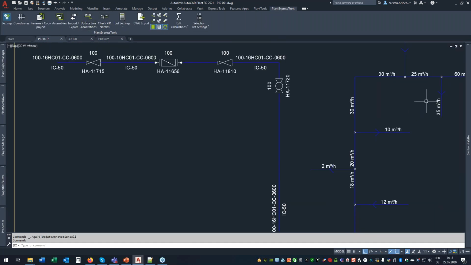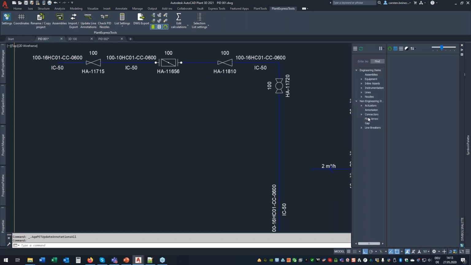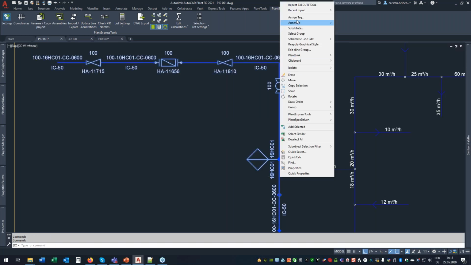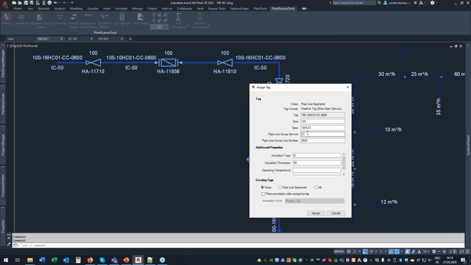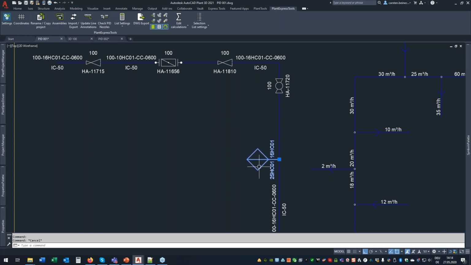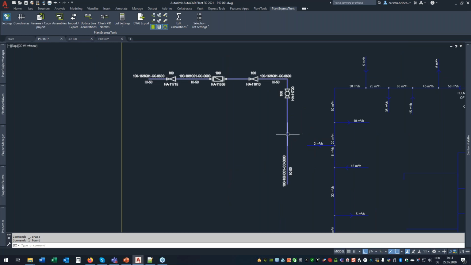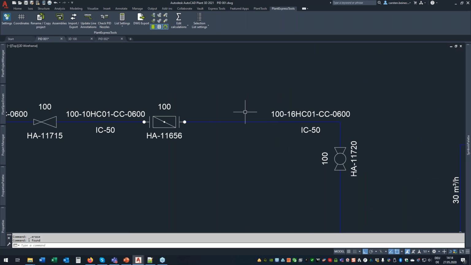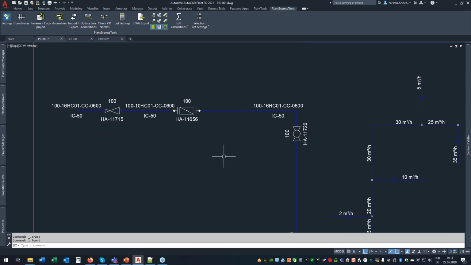Okay, apparently there was... So let me just insert a new one. Spec breaker, I think this one here. And let me change the spec again. 25. Okay, so now, oh, come on. So we forget about this. I'm supposed to be asked if I want to unite them. Okay, so let me delete this. Apparently it's not working. Okay, anyway,